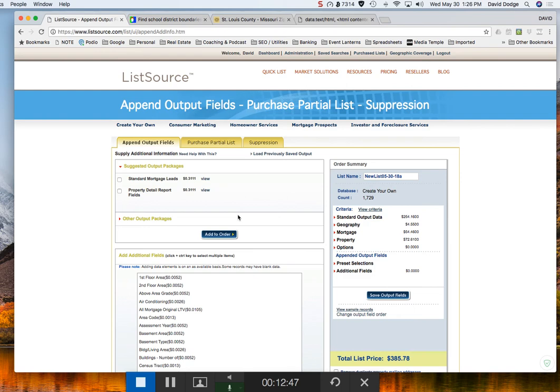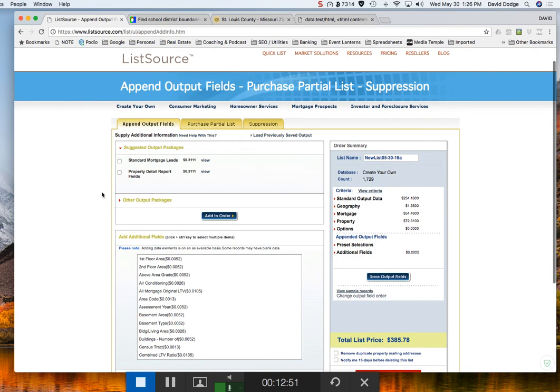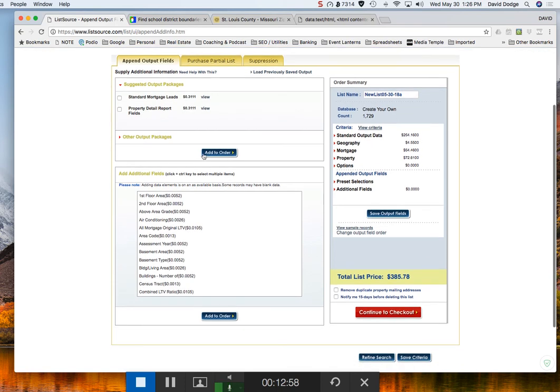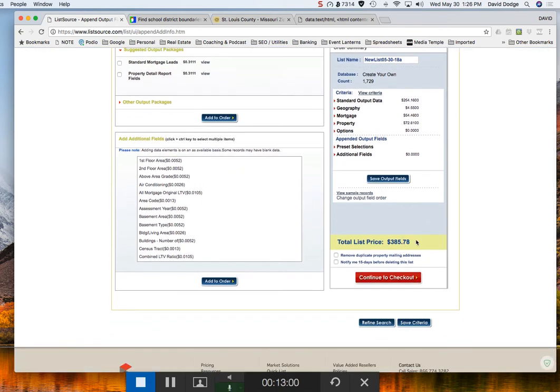And we are going to mail this list as soon as we buy it. So we have a count of 1729. I don't want any of the suggested stuff here. I don't need to add to my order. So this list is